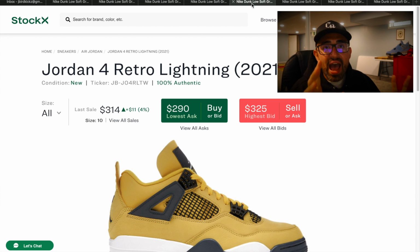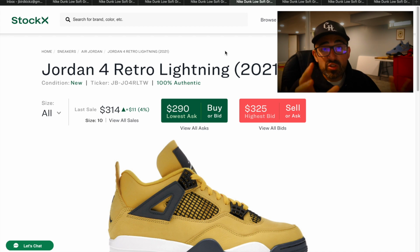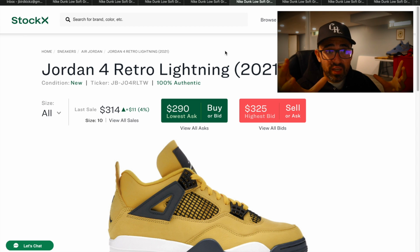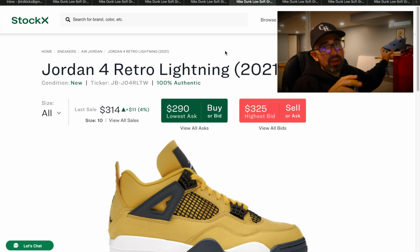Okay, now we have the biggest release this week, in my opinion. Now, before we get into this, it's the Jordan 4 Retro Lightning. I've been calling it the Tour Yellow, because that's just what I've been seeing it on random different sites. Let me pull this up. This here